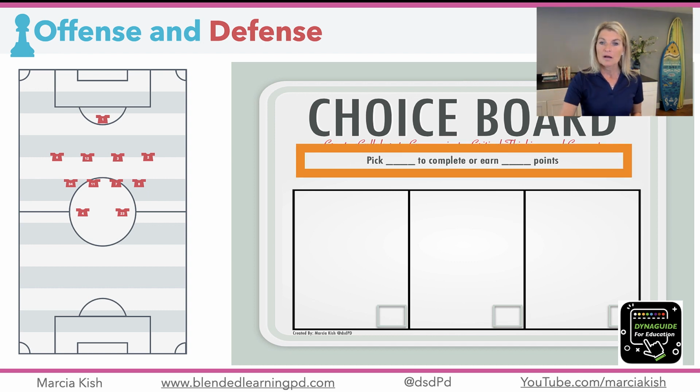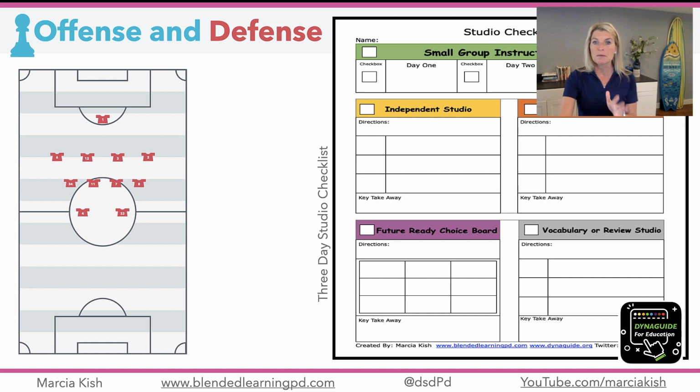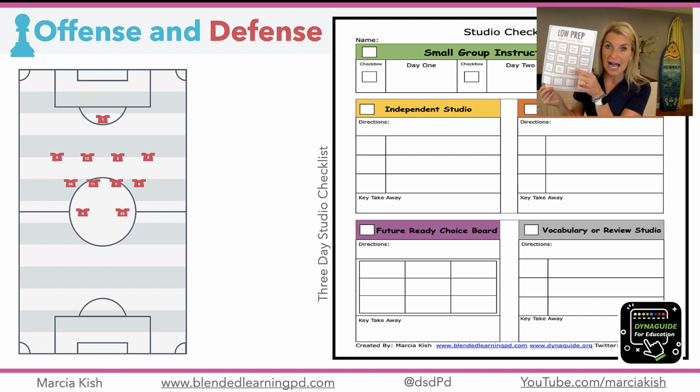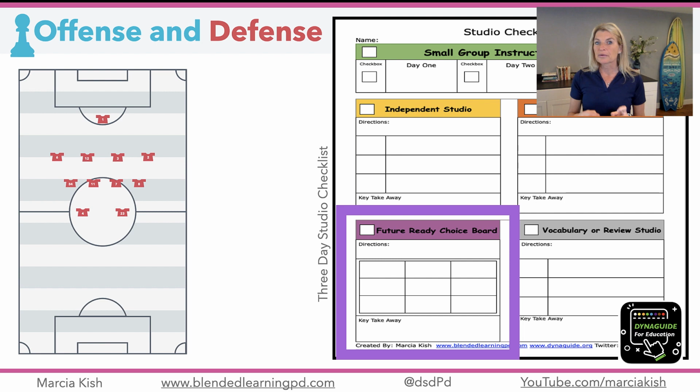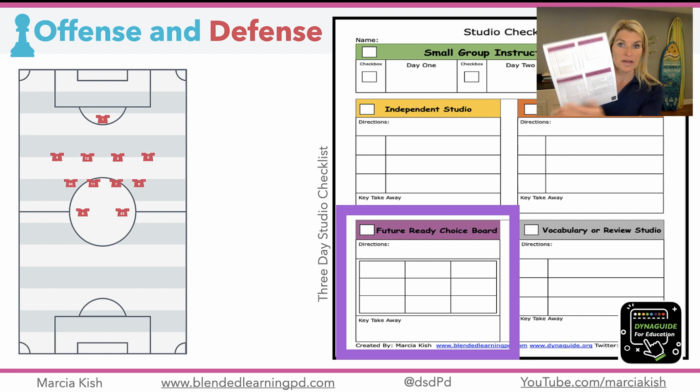Okay, now, when I go forward and I'm looking at this, remember, this is my checklist. The choice board is housed inside of the Future Ready section of the checklist. And that is where we'll go in and we'll break down what they need to do for day 1 and day 2. Those activities I have listed on the back, and of course this will be part of the blog